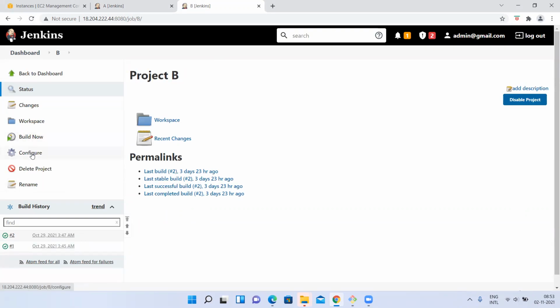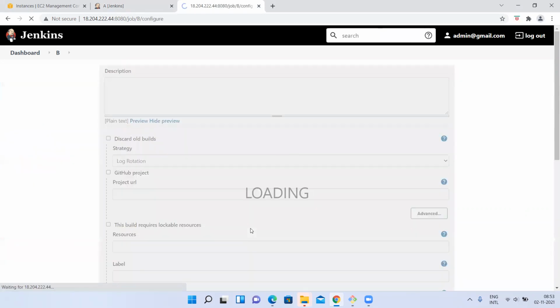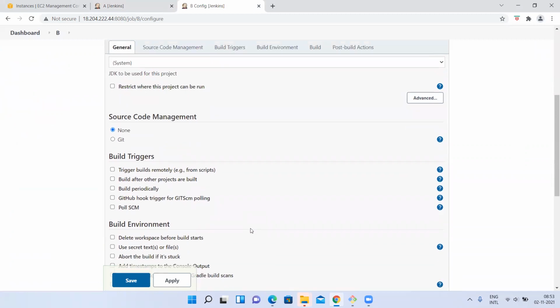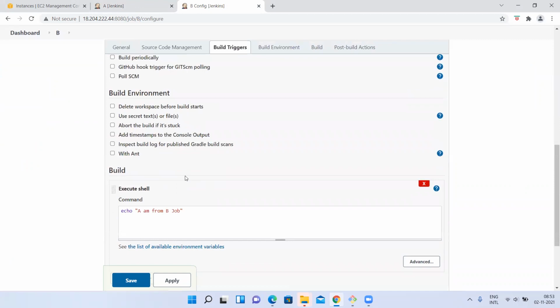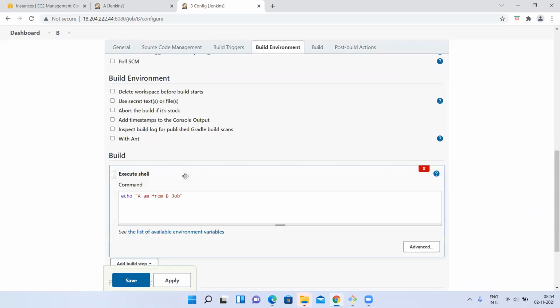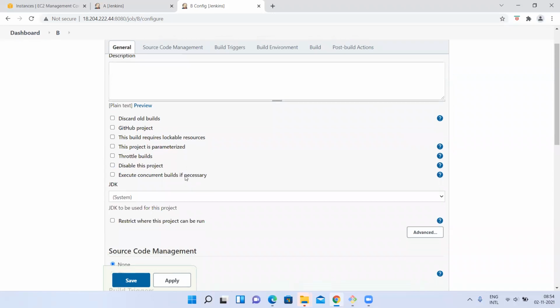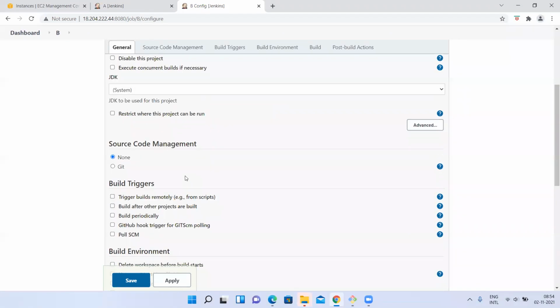Is it really dependent? Let me check that configuration. Or we removed it last time. No, I think we removed this option.